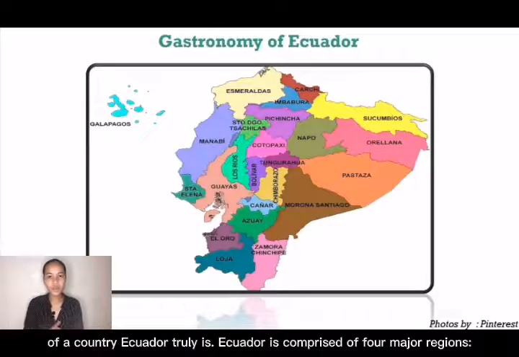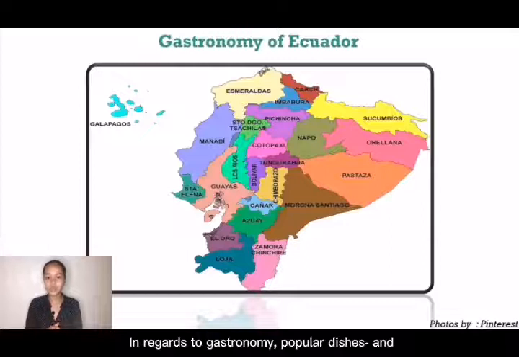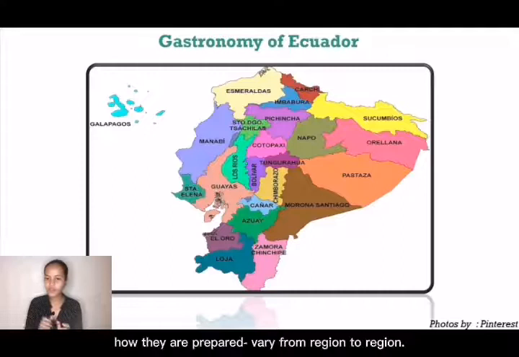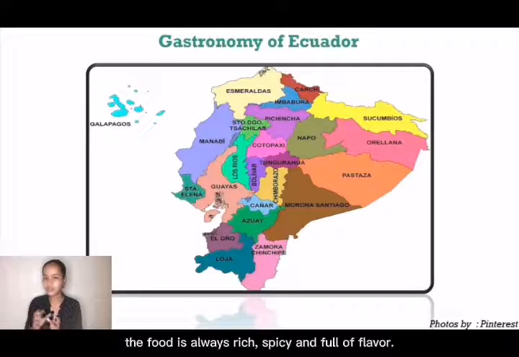Ecuador is comprised of four major regions: the Pacific Coast, the Amazon region, the Andes, and the Galapagos Islands. In regards to gastronomy, popular dishes and how they are prepared vary from region to region. However, no matter where you are in Ecuador, the food is always rich, spicy, and full of flavor.